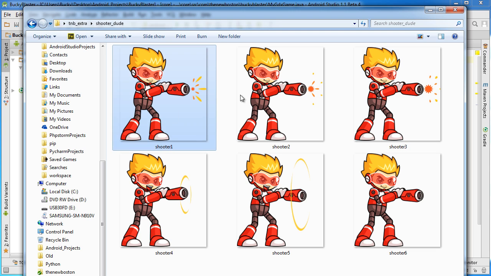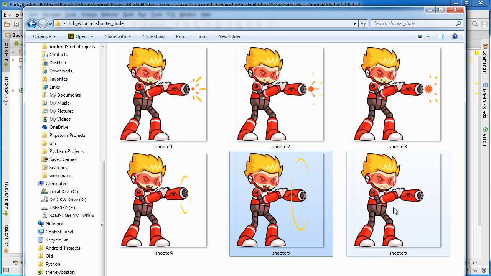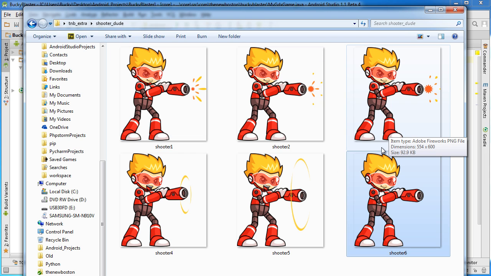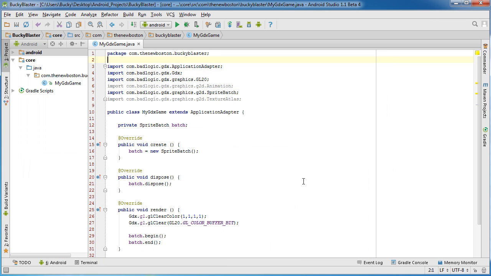You see the bullets like small, then it gets bigger, and then even bigger, then this charged thing is coming from his gun. Since these images are slightly different, played after another real quick, it looks like movement. Alright, nothing new there, so now we have to figure out how to take these images and turn them into